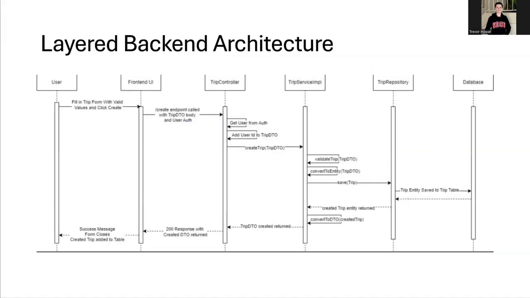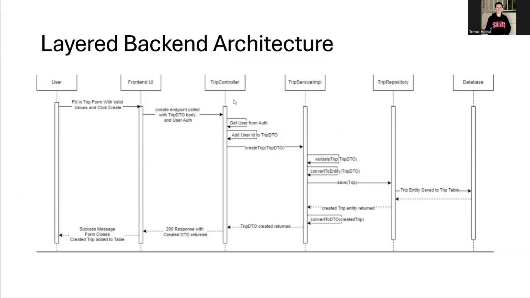So as mentioned, we use a layered backend architecture. This splits the responsibilities of different layers. We can walk through the sequence diagram of creating a trip. The user is going to log into the application, and then through the front end UI, they're going to fill in a trip form with valid values, and they're going to click create on that front end UI, which is then going to call the create endpoint with a data transfer object for the trip and the